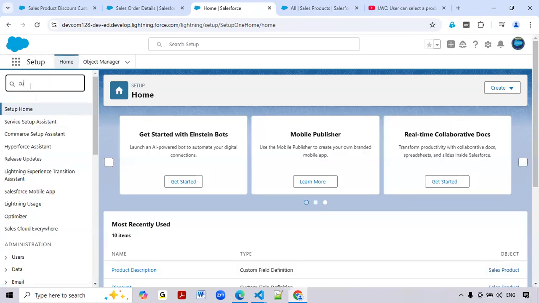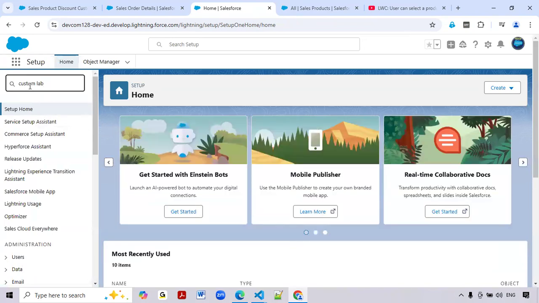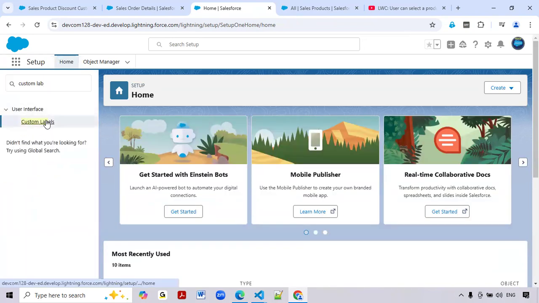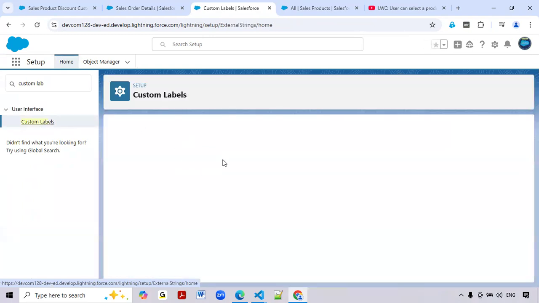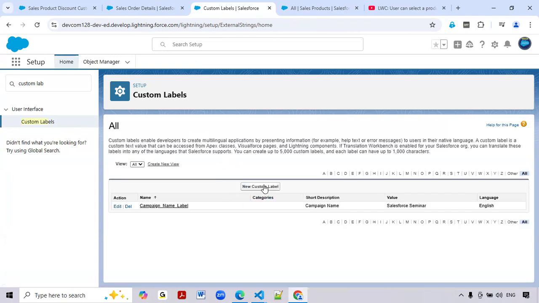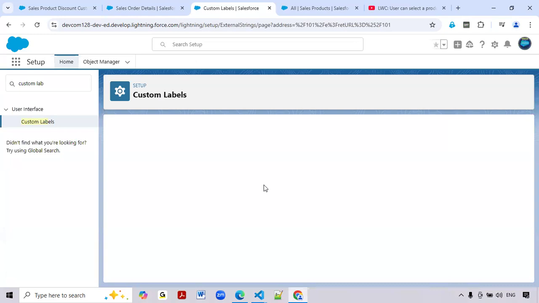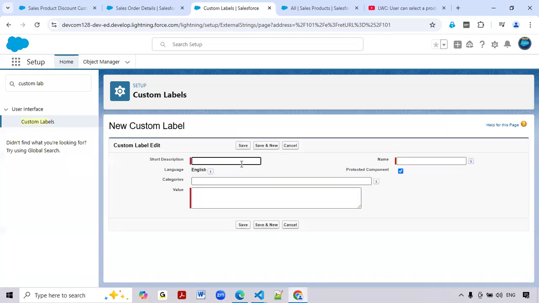So search with the custom labels. Let's create one custom label here. Click on New. Here we are going to give the custom label name as discount error. Okay, so discount